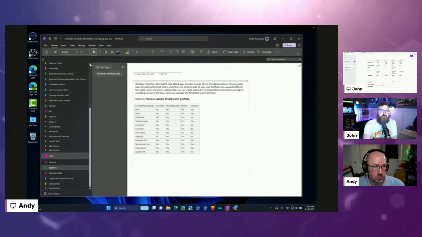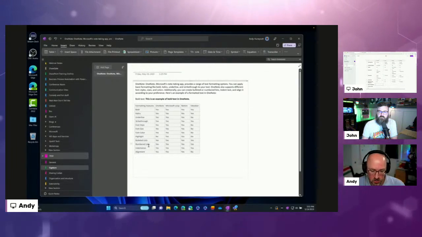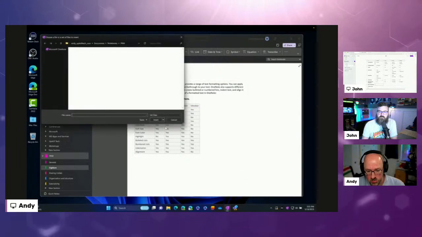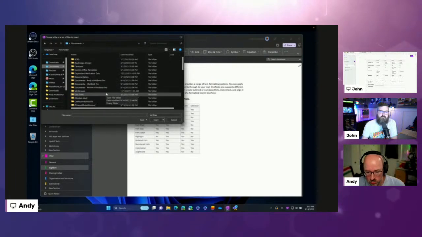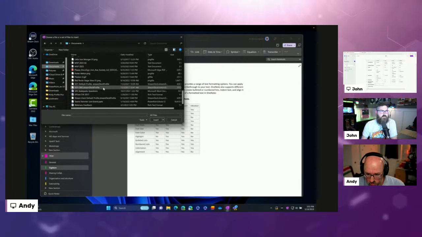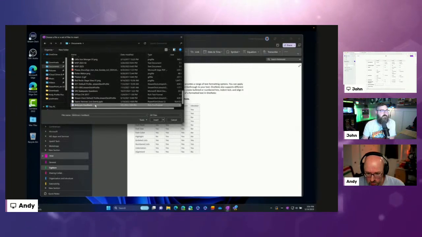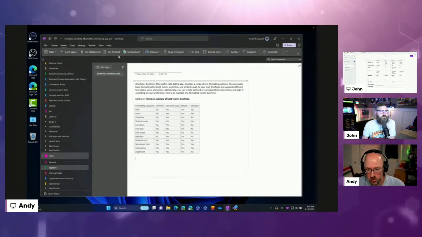And as far as just going down the list of the things like inserting, you've got the ability to go in right away, tables, spaces. We talked about things like file attachments. So we can select an attachment from the local operating system, drop that right into the notebook. Let me just grab a file real quick. So you can make it an attachment so that you can download it and work with it, or you can insert it as a printout. That's going to be supported in there. There's the printout option that's separate if you want that.